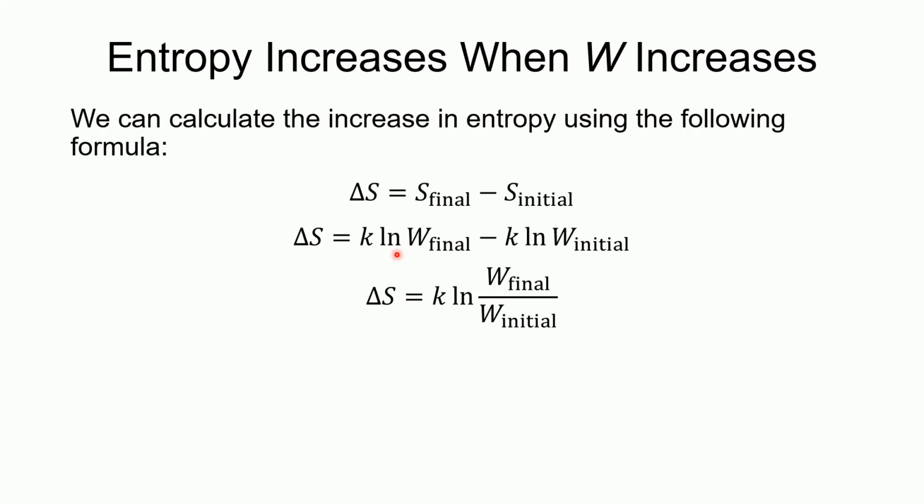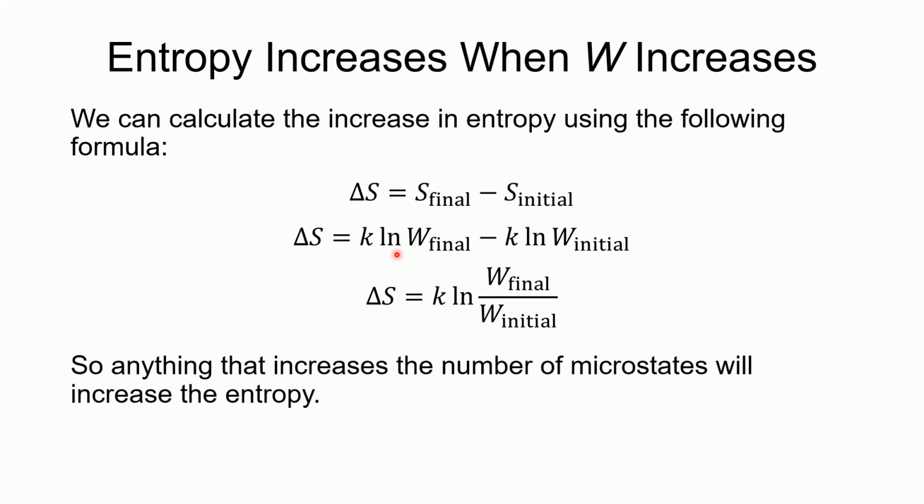So if you know the number of microstates initially and the number of microstates final, then you can determine what delta S is. Now, in reality, calculating the number of microstates is a nearly impossible task because the numbers are just too big. But we can conceptually think about what kinds of things will increase the number of microstates. Because if W final is greater than W initial, if W final over W initial is a bigger number, that means that number is bigger than 1,